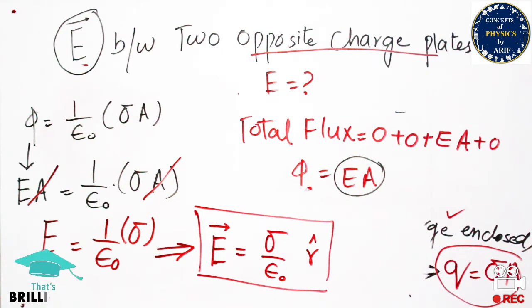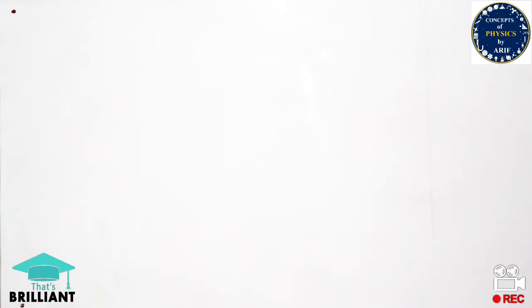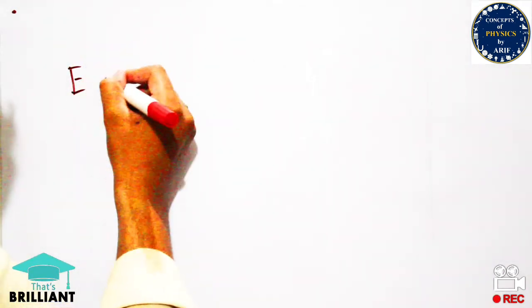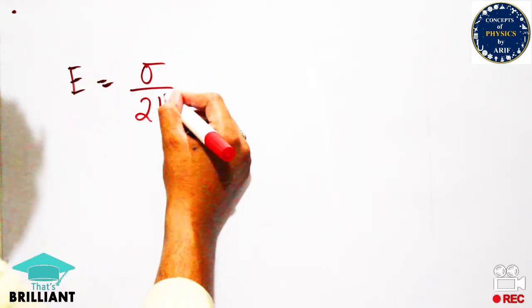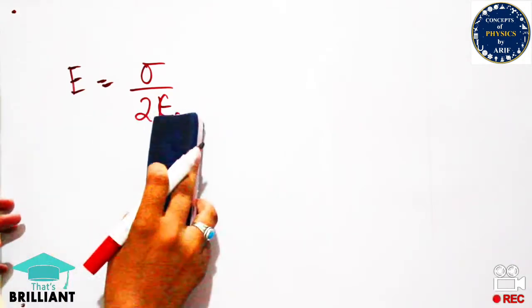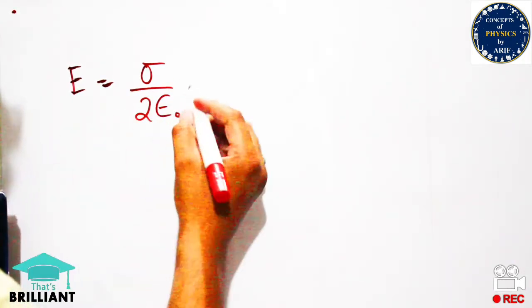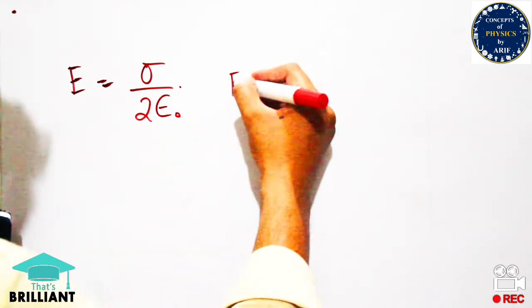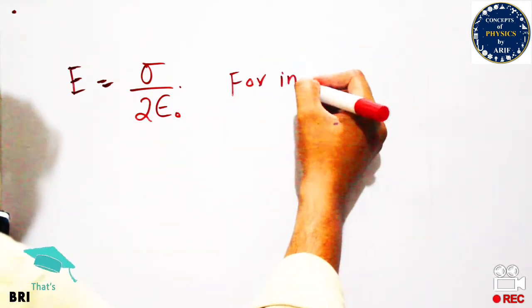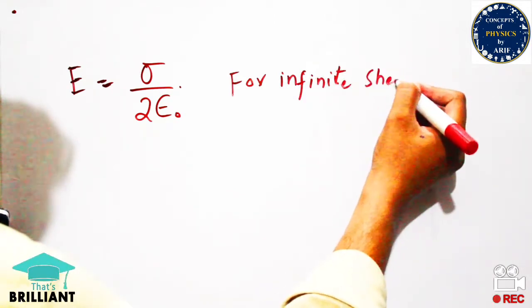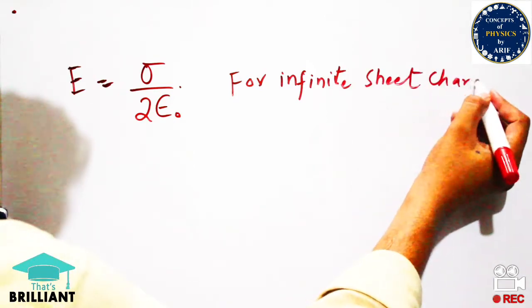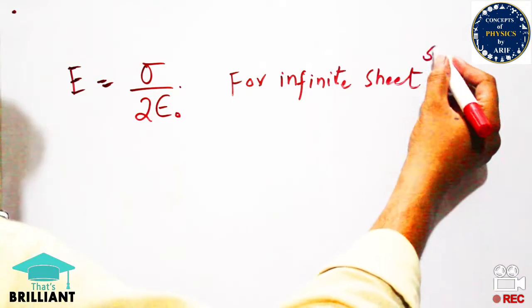So in the next case we will compare the value of electric field intensity in these two applications. One application I have previously discussed and one application I have discussed now. In the previous application, the electric field intensity was E is equal to sigma over 2 epsilon naught. This was the case for one application of Gauss's law, for an infinite sheet which was equally distributed with positive charge. So in this case electric field intensity was sigma over 2 epsilon naught.